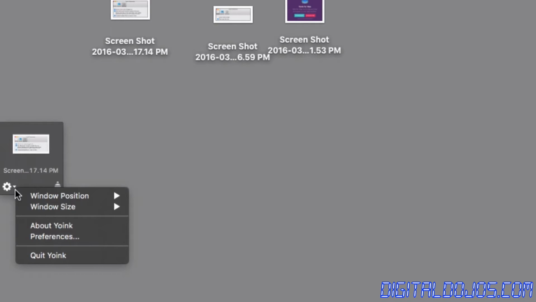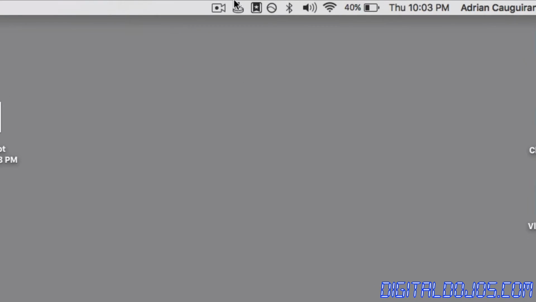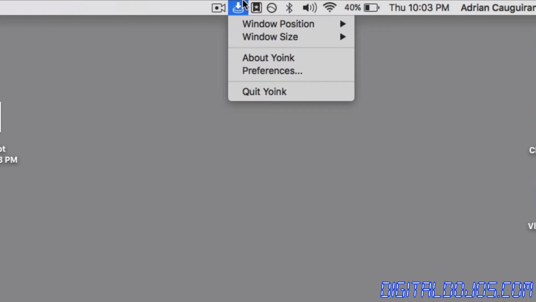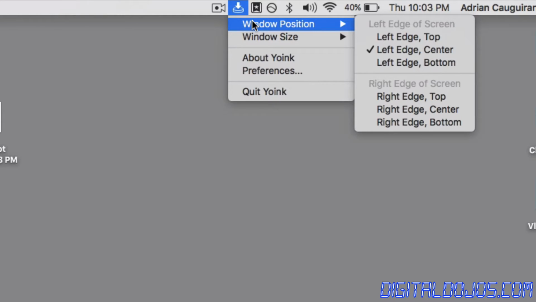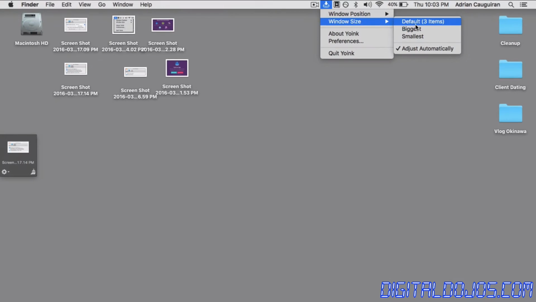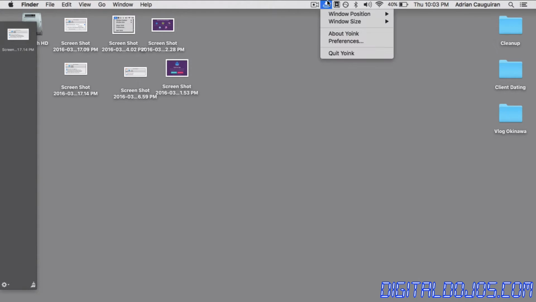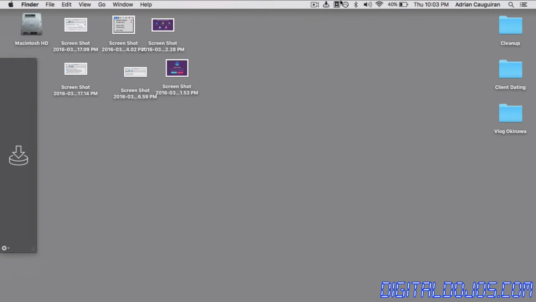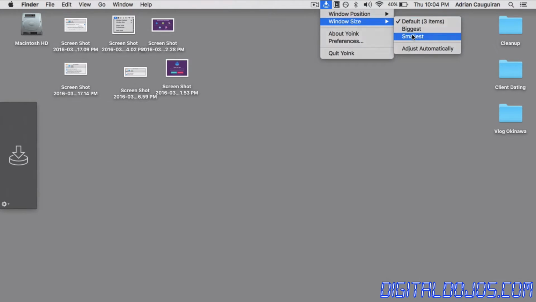You can go into your gear to adjust the settings, or you can go in the top right of the Yoink, or I should say your Mac menu bar, and be able to adjust settings this way. So you can adjust your window position, put it on the left side, put it on the right side, top, middle, bottom, essentially. You can adjust the window size. So right now I have it to adjust automatically as I drag files in, but by default it's just 3 files. You can set it to the biggest, or you can set it to the smallest, which is just 1